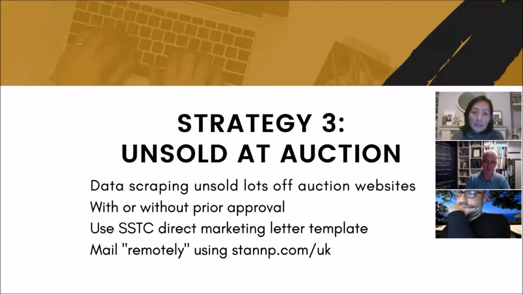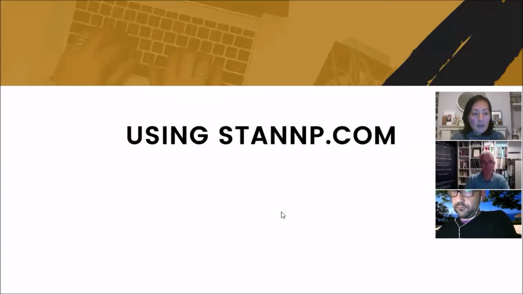This is a little bit like the first strategy, wherein your VA will go to property platforms. In this case, it would be the auction houses' websites. And all she's going to do is data scrape the properties that were unsold at auction and put them onto Stamp and do a direct marketing bulk campaign that way. Okay, so you don't have to be doing all of these strategies. You can simply select one or two, or you can be doing all three and get your VA to do each one of them. Okay, what I'm gonna do now is I'll share with you